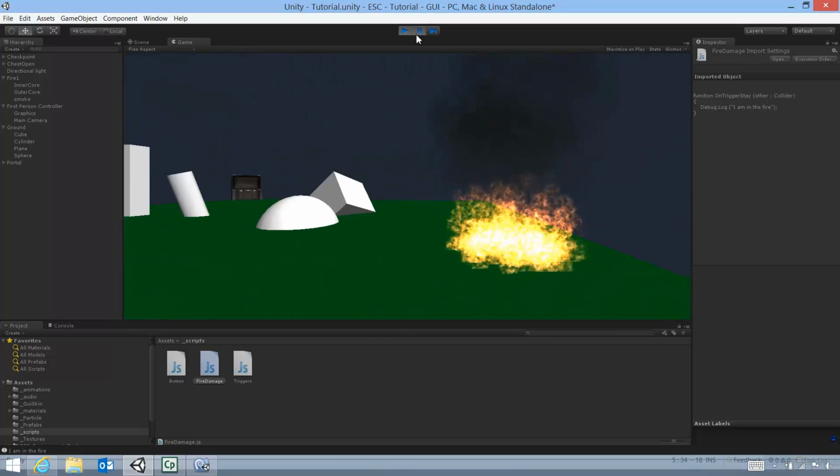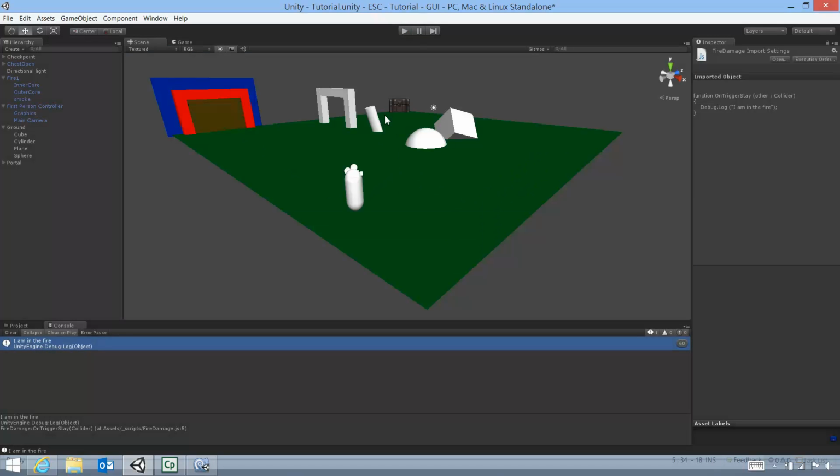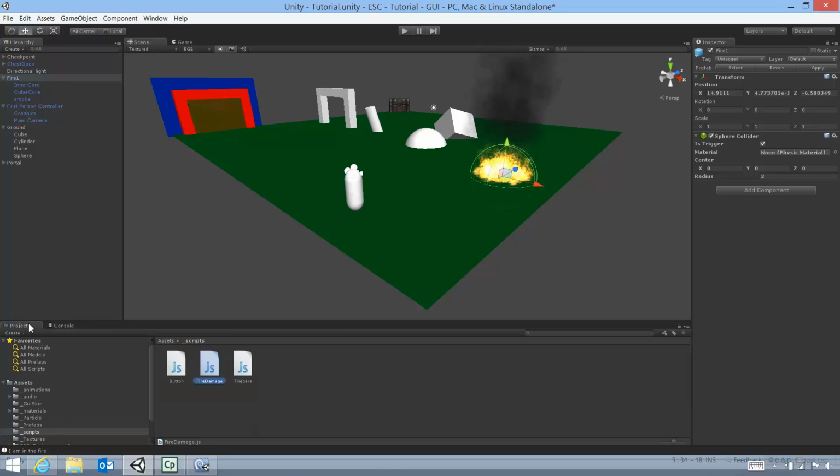And you'll now actually see in the console it's now saying I'm in the fire, which is just what we want. So now we actually have a quick collider trigger set with our fire effect in our collider. So what we want to start doing is we want to bring on our energy bar. So to bring up our energy bar, and this is the main part of this component,